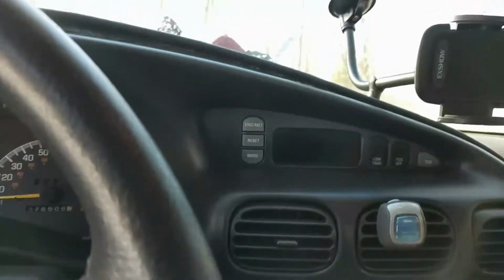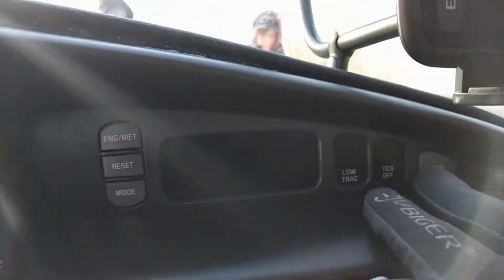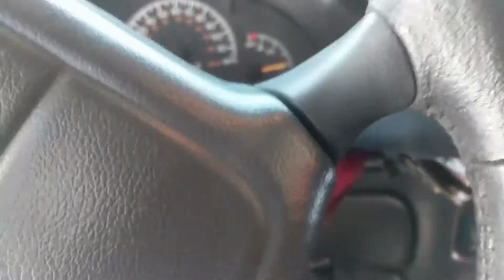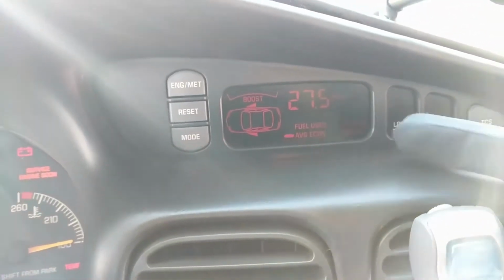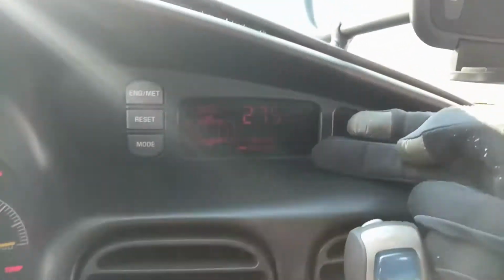Go over here, you have a center cluster with the traction control, and you can turn traction control on or off. I'm going to put the key in real quick so I can show you how the gauge looks. Alright, so I'm pretty low on gas right now, just about on E. So my range says that it's low, and you can go through all these modes. You see your oil life, which is at 52%, average miles per gallon, which is 27.5, and you got your